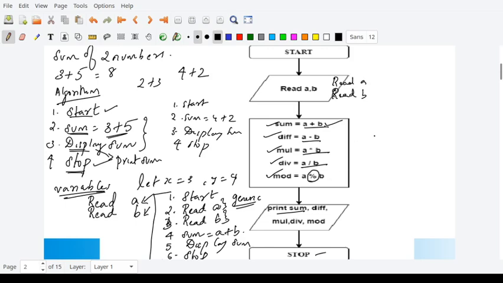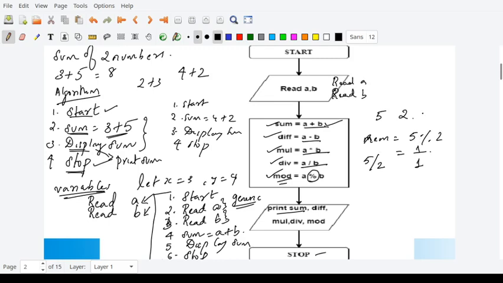So what is a mod b? If I have two numbers 5 and 2, then remainder is equal to 5 mod 2. What will happen is you divide 5 by 2, and what will be the remainder when you divide 5 by 2? Your remainder will be 1. So that value will come in the remainder, or here the modulus value will be equal to 1 if your a and b are 5 and 2.